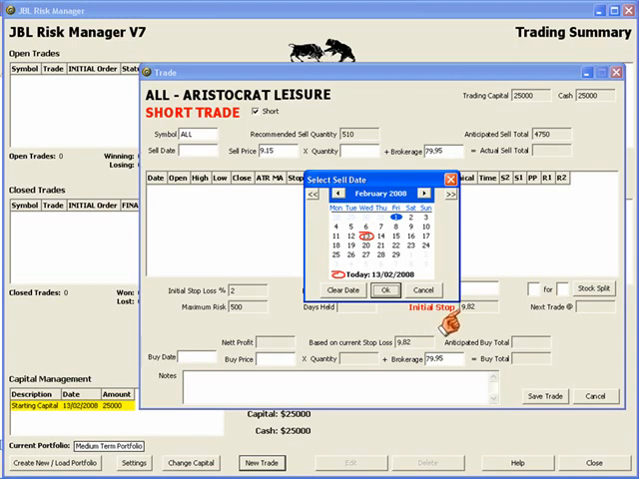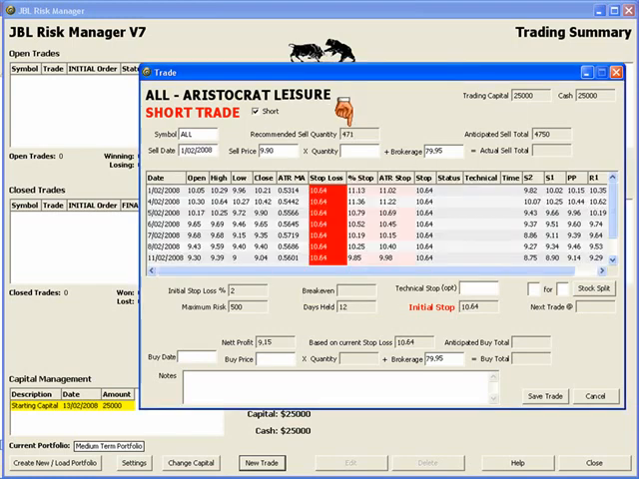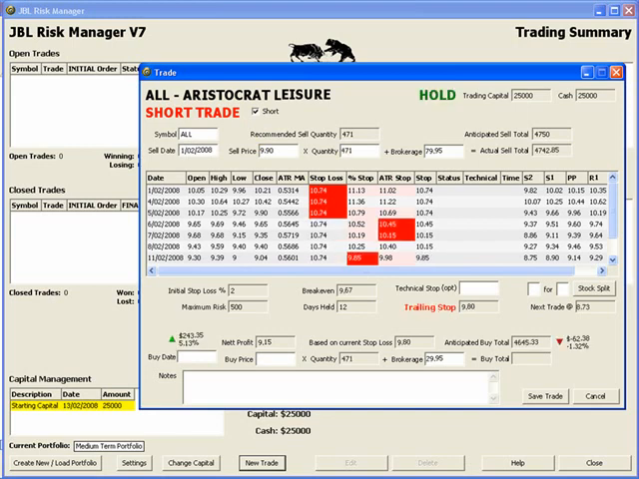Now here it's calculated your initial stop loss based on the last close. Click in the sell date box here and click on Friday the 1st of February as your anticipated short sell date for this example and hit OK. Here the recommended sell quantity is 471 shares based on the last close of 990, where it has also allowed for brokerage. So we place an order with our broker to sell short 471 shares of ALL at market at